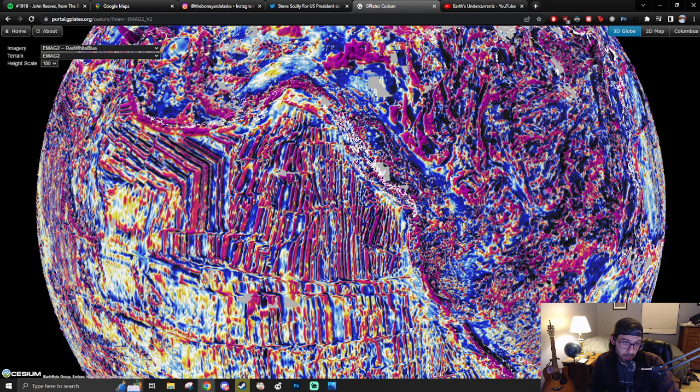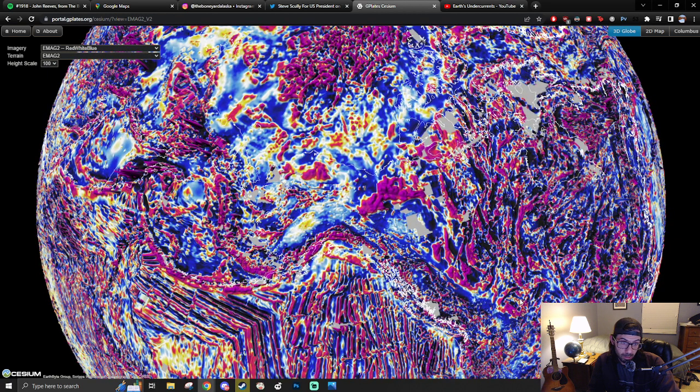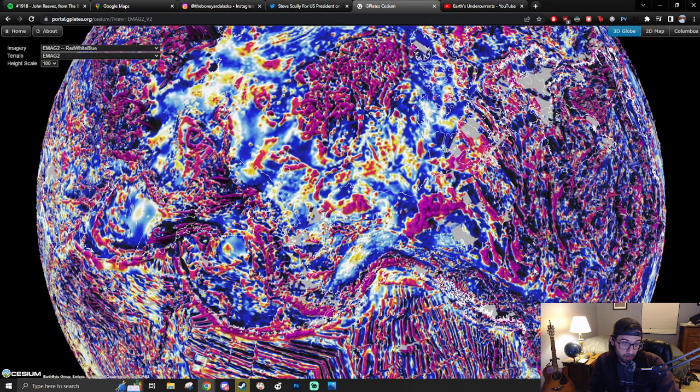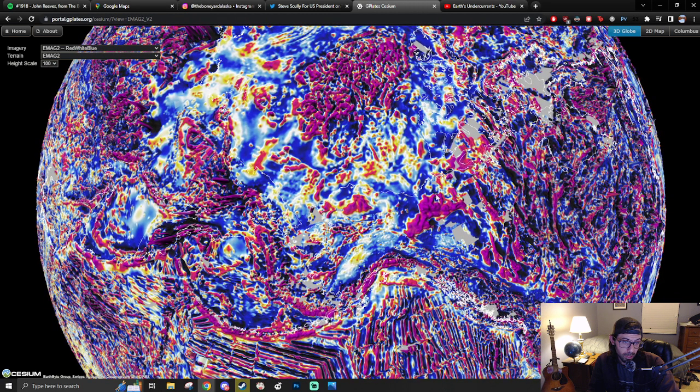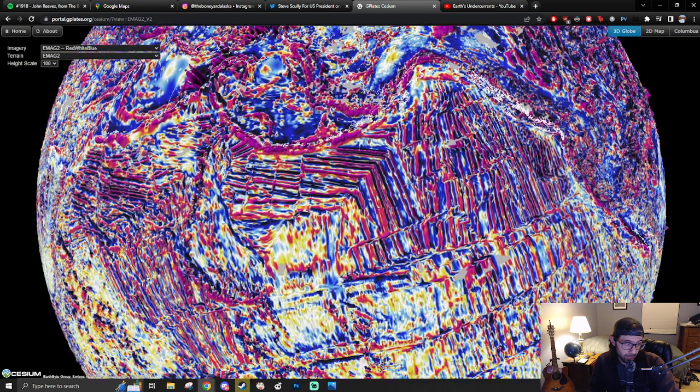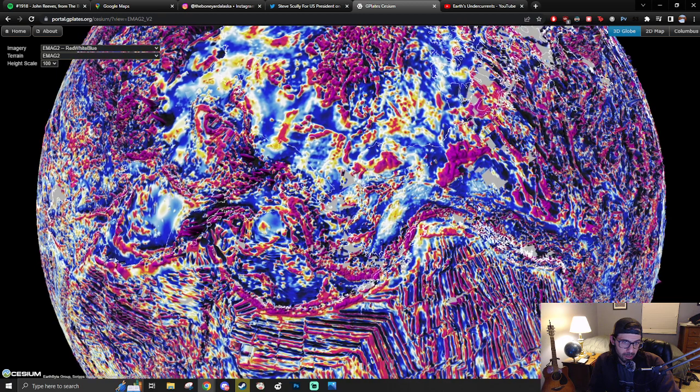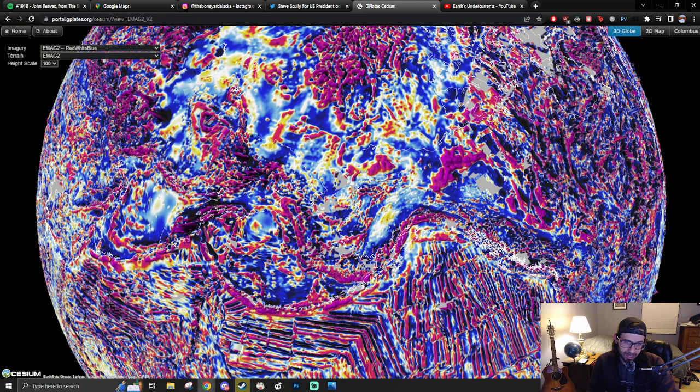Or Hawaii might have gone through here. Straight up rolled through here, and then rolled down here. Kind of bouncing down into the mantle or something. I don't even know. I'm not sure. Okay, so